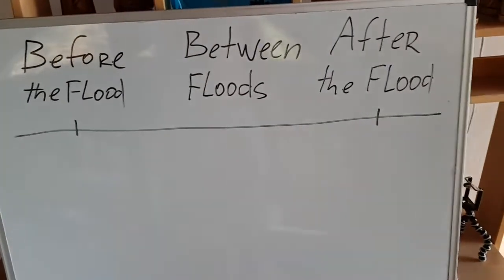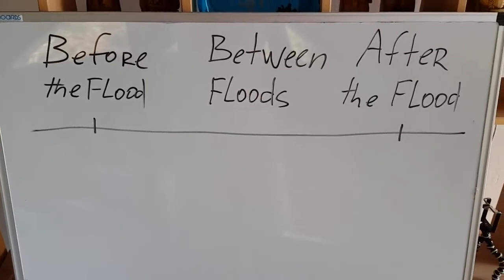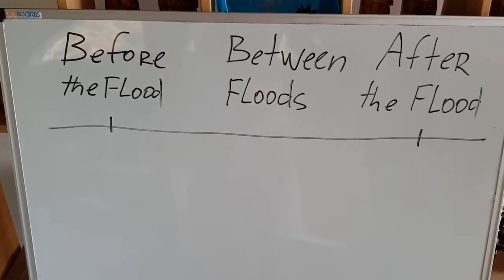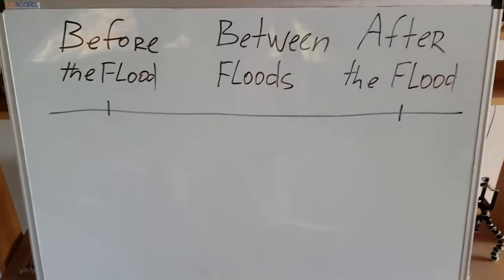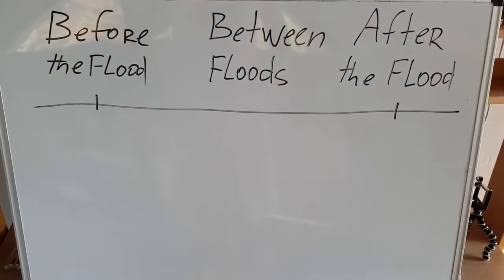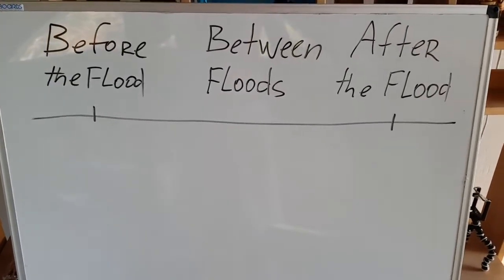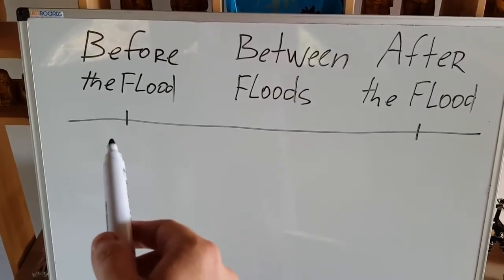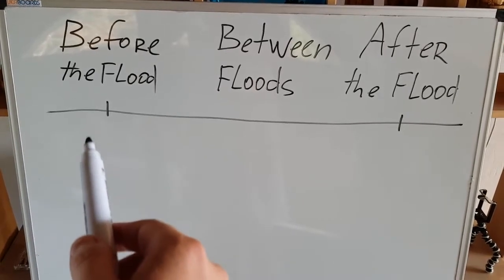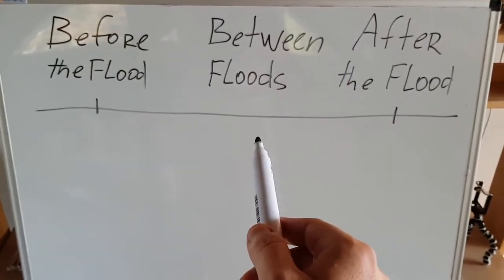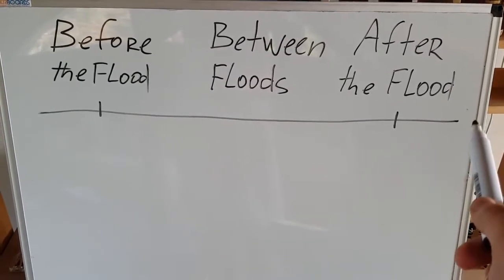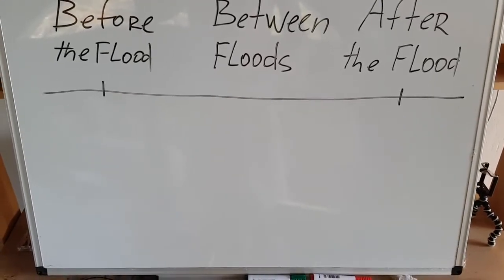Decided to do a quick video that I'll show you. It kind of explains the true history of things and how history should be researched, versus modern history that is taught in schools. So the history of, let's say, the last 500 years can be divided into three periods: before the flood, and I'm talking about the first flood, the first world flood; between the floods; and after the flood, after the second flood or the last great flood that the world saw.